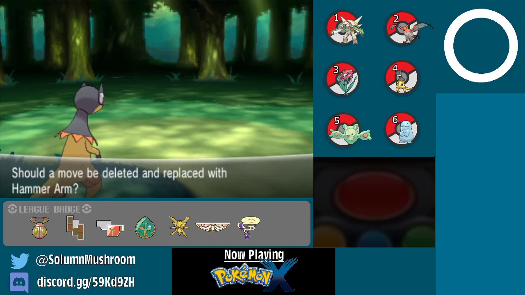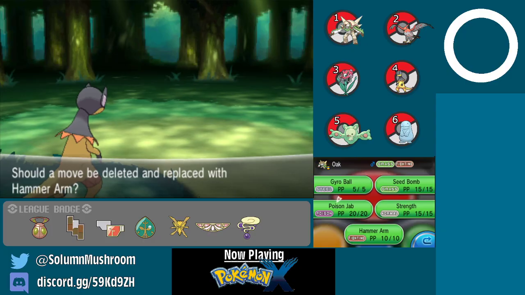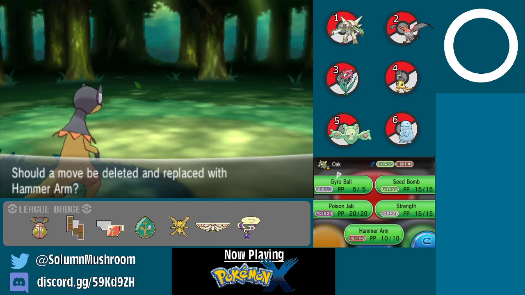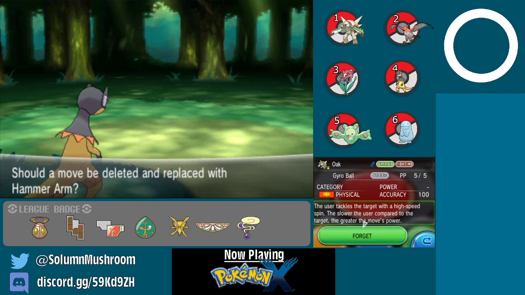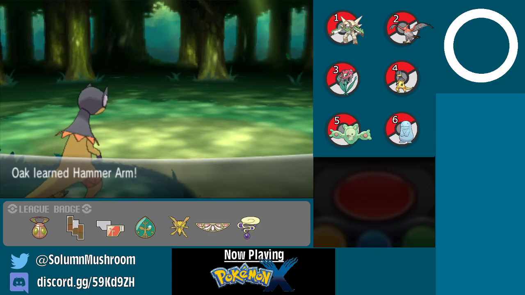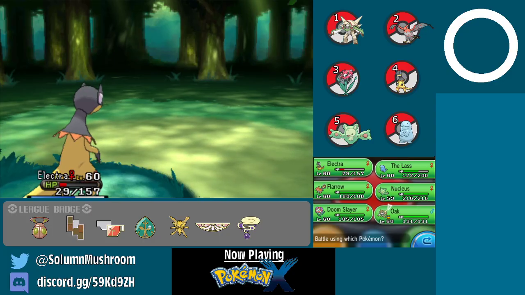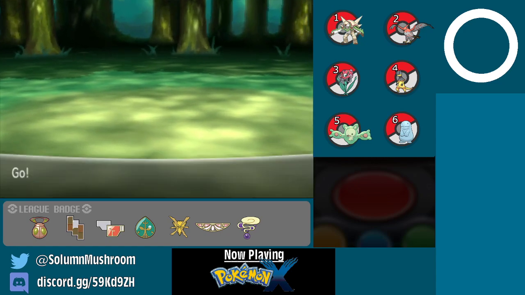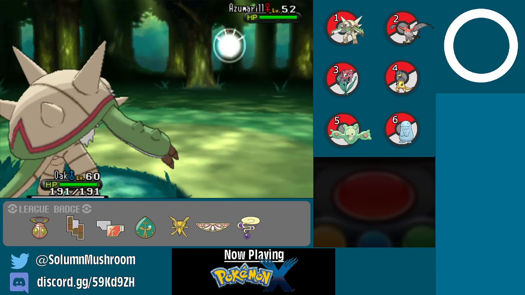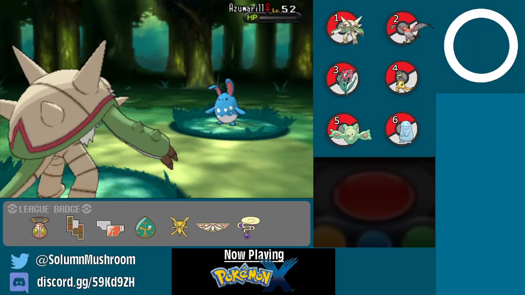And let's learn Hammer Arm. Ooh. See, Hammer Arm with Gyro Ball is a fantastic combo. But I think I'd rather have Poison Jab. I also generally don't bother with Hammer Arm, considering it, you know, lowers your speed. But I mean, we're gonna try it out. See how it goes. I'm already faster than most things, so...